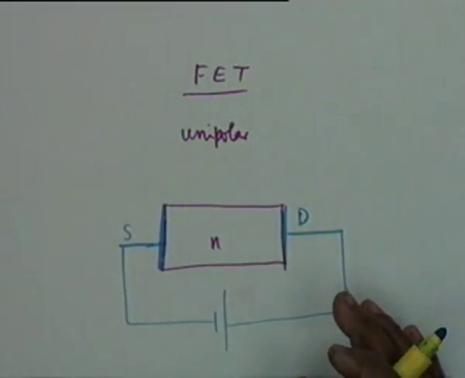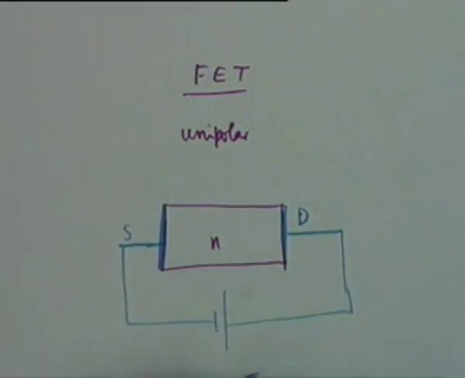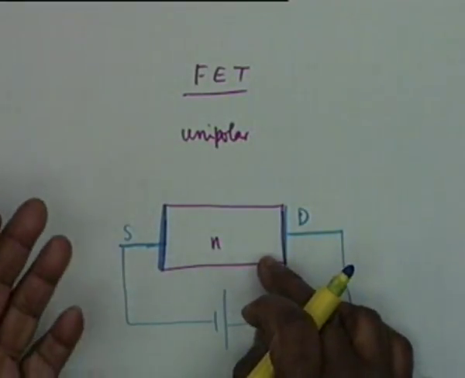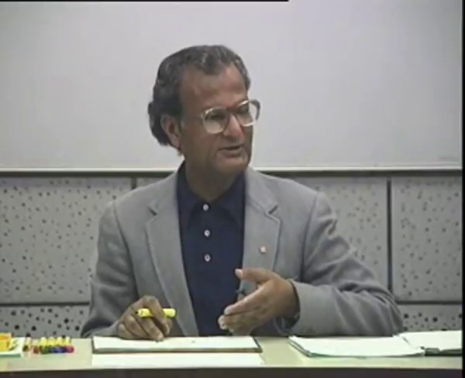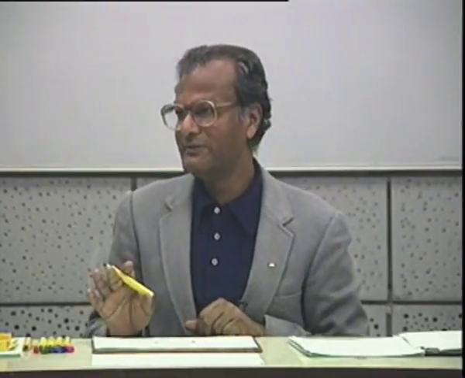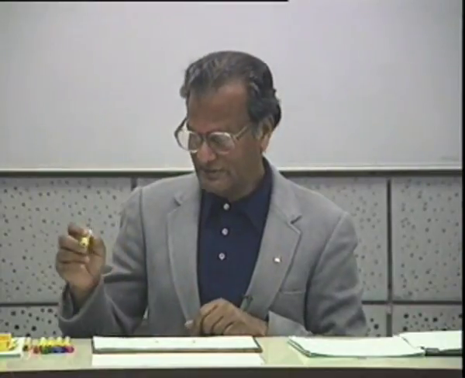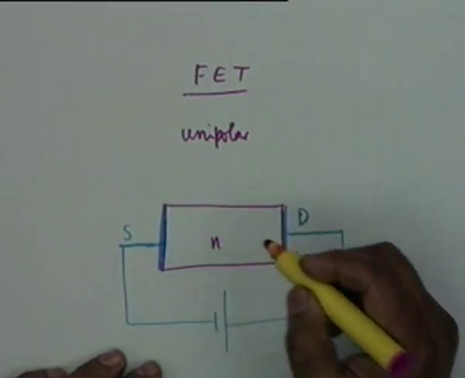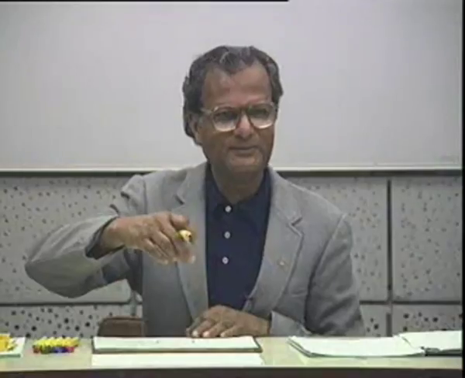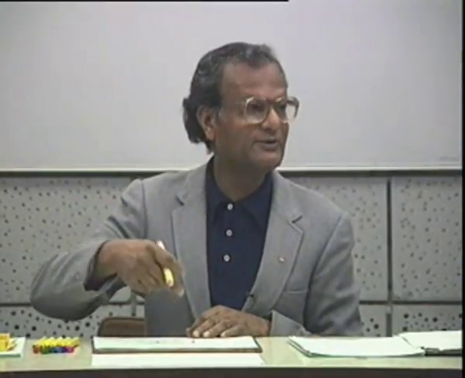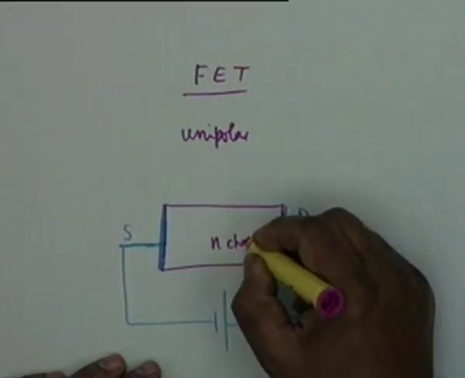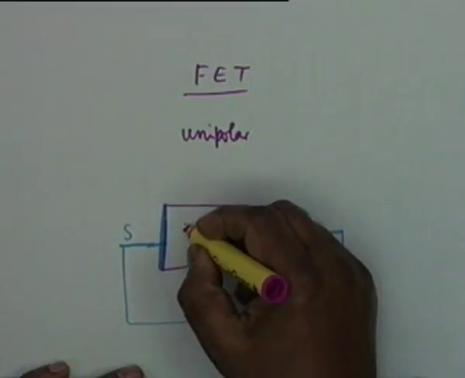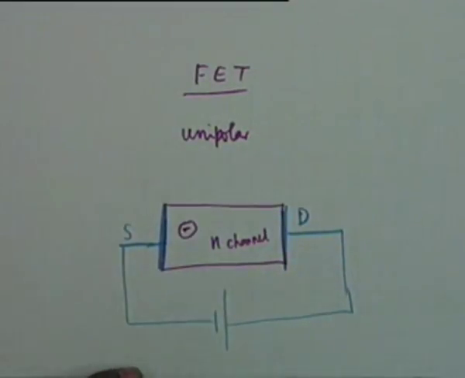If this is the situation, then it is nothing different from an ordinary carbon resistor, for example. Across a resistor, it's a semiconducting material, so the conductivity is in between that of a metal and an insulator. Besides that, there is no other difference. It's an ohmic resistance. Now, what is done is, if this is the way, then this is called a channel. That is a channel through which water flows, canal through which water flows, channel through which carriers flow. So it's an N channel. The conduction of the N channel is due to electrons only, so it is a unipolar device.